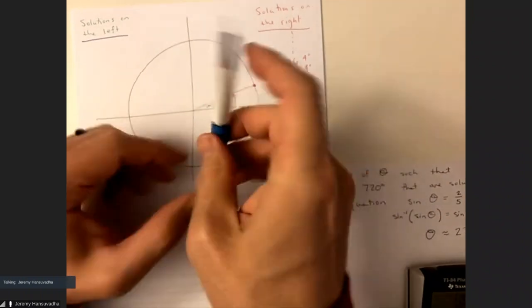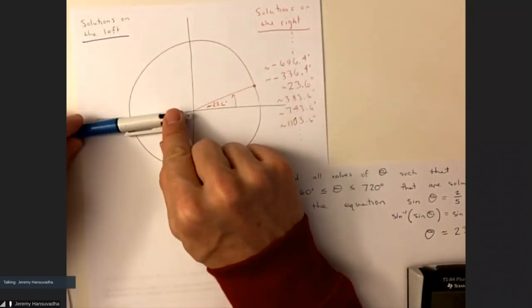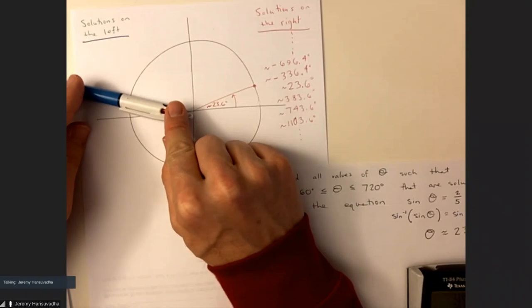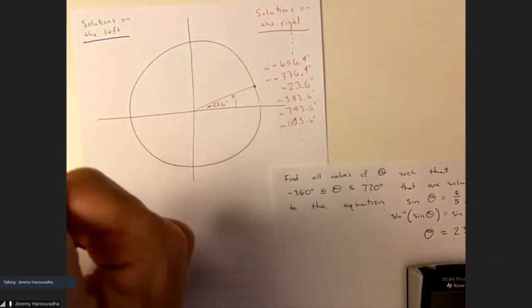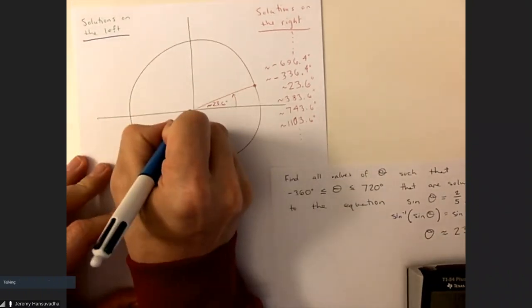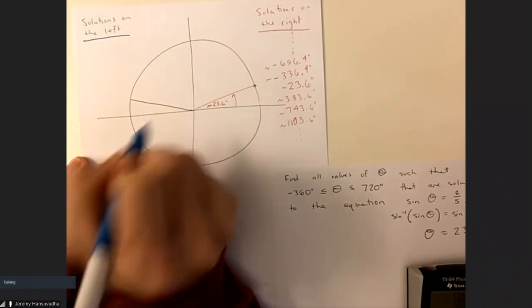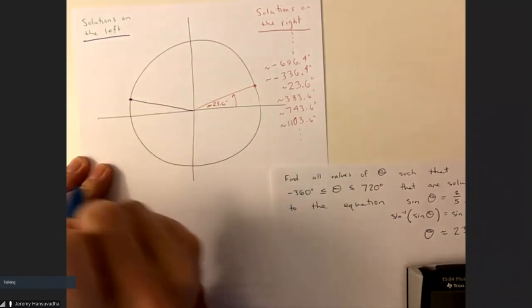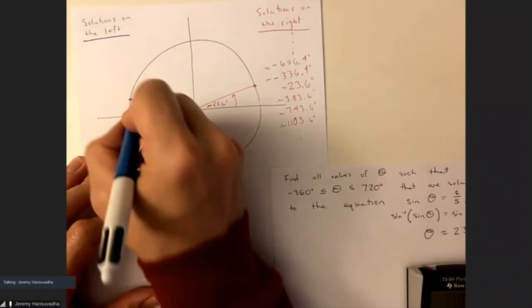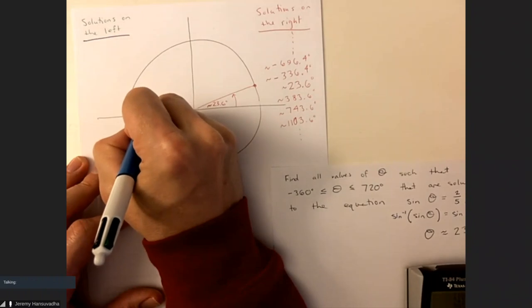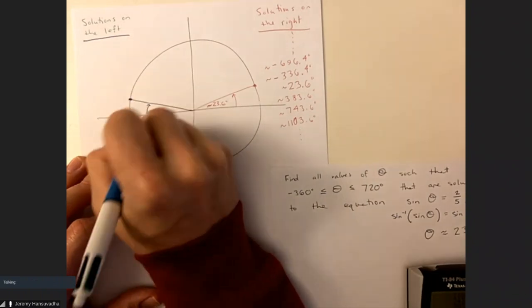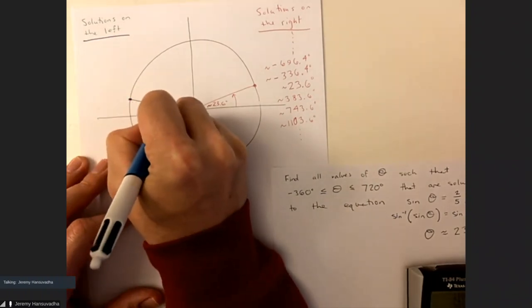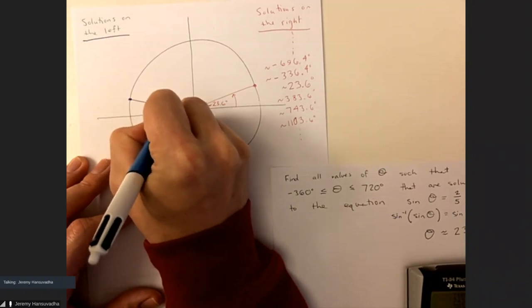So I know that my other solution is going to be the same, approximately 23.6 degrees above the x-axis. Let me put that in blue, about the same. Boom. And that is about 23.6 degrees